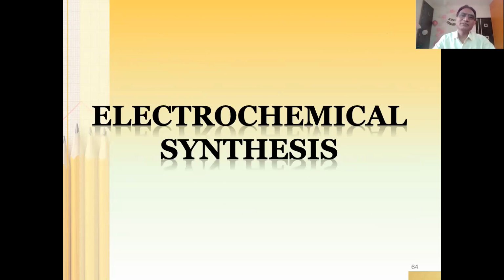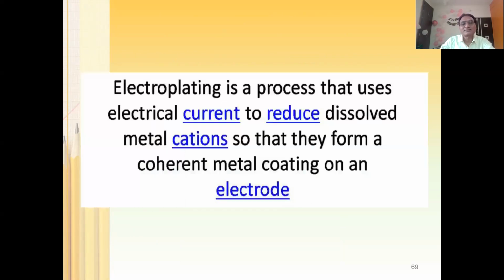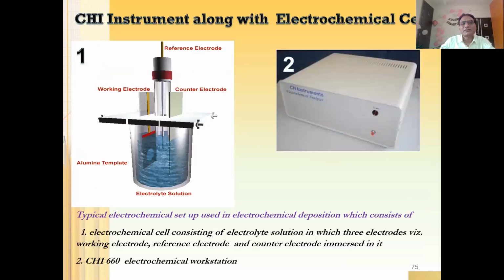So if you look at this, if you compare the methods which we discussed today, like dip coating, spin coating, spray pyrolysis, and SILAR, it appears to me that SILAR is going to be better as compared to other methods because it doesn't require any infrastructure, but still the properties of the material can be tailored as per your requirement. Then next comes electrochemical synthesis. This section we have already discussed in the last lecture.